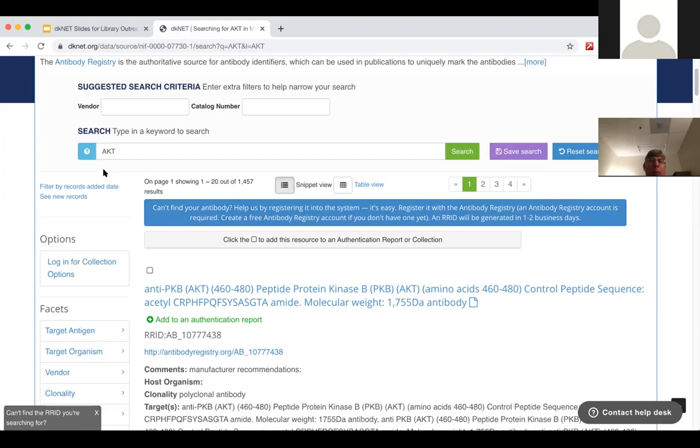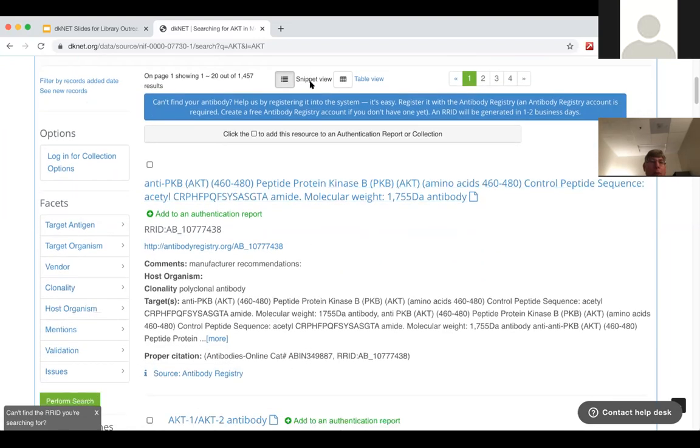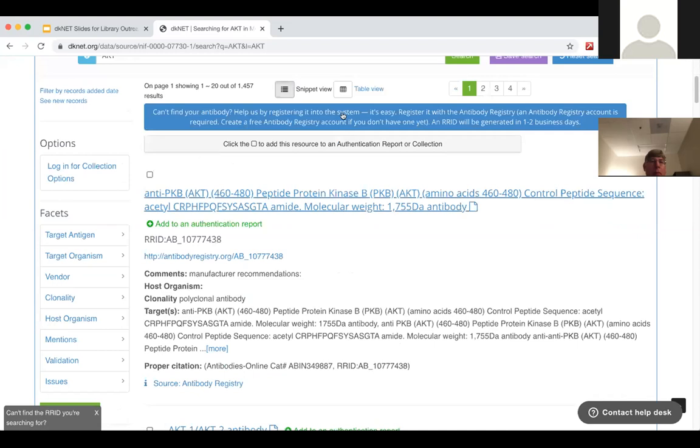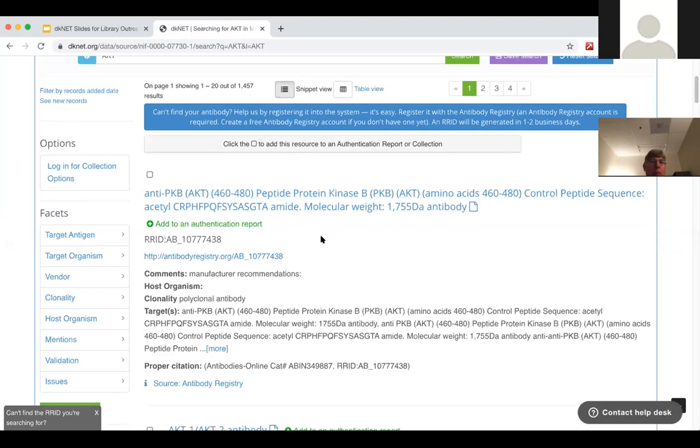As I mentioned, since there are thousands of antibodies that target AKT, the result comes at 1,01457. So they could browse the result, switch between this snippet view or table view, depending on the preference that they like.